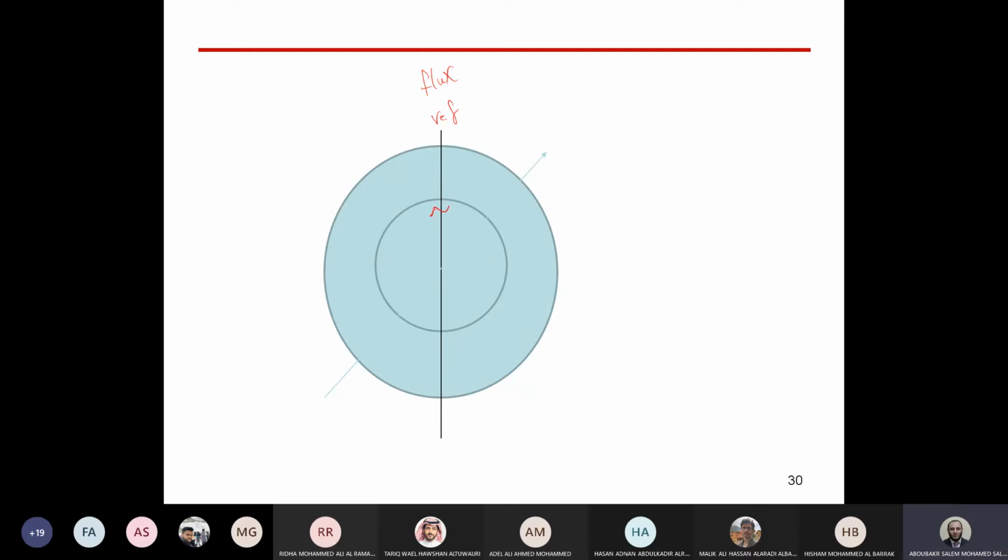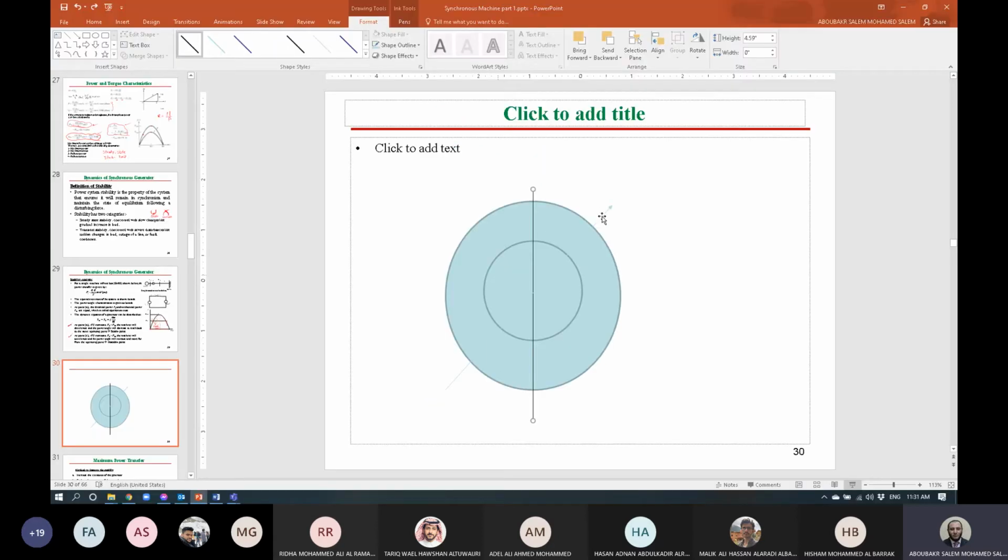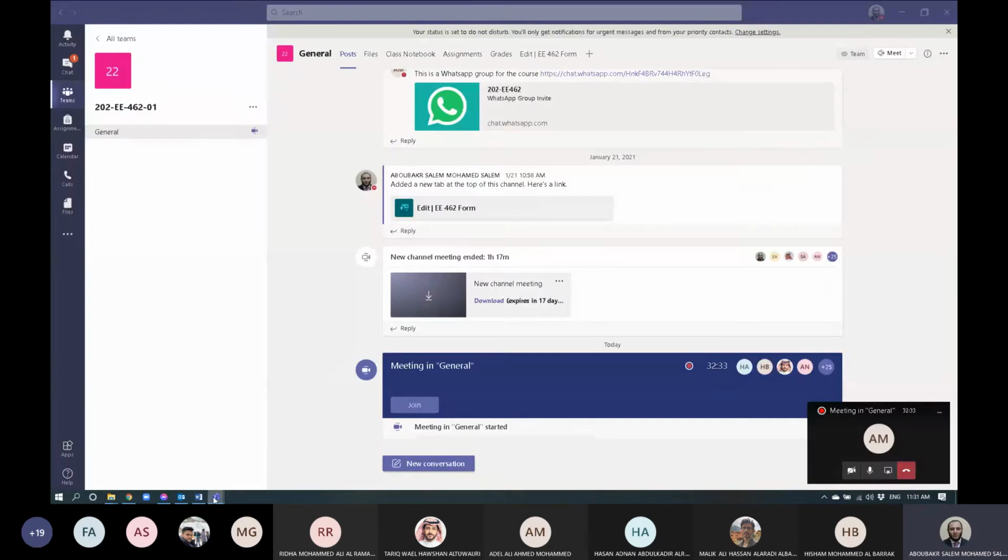Assume this pole is N here, and the other pole here is S. And here, due to the flux of the stator, we have pole S, and we have some flux lines here from N to S. Okay. If you added a load to the machine, which will make the rotor decelerate,